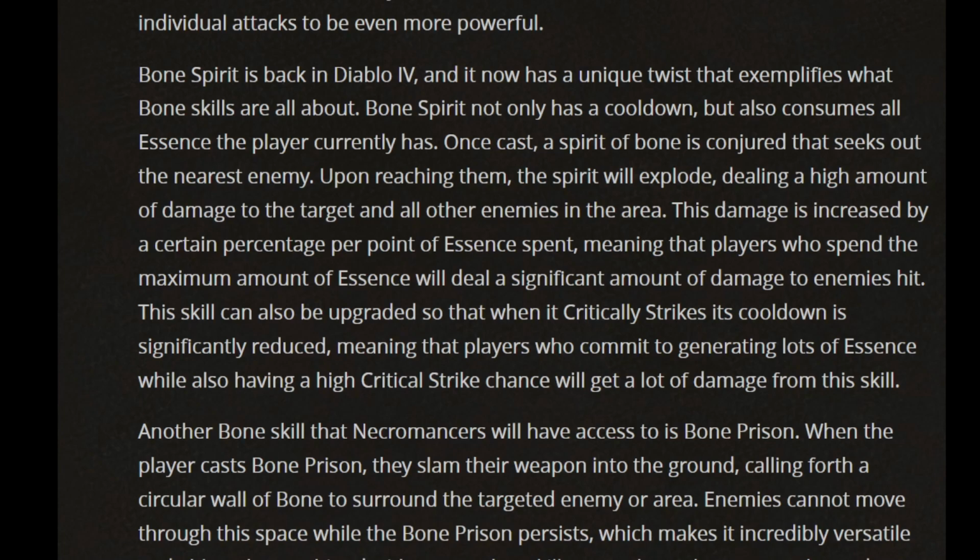The skill can also be upgraded so that when it critically strikes, its cooldown is significantly reduced, meaning that players who commit to generating lots of essence while also having a high critical strike chance will get a lot of damage from this skill. And so it seems like they are really leaning into that critical strike theme for all the Bone skills here. Now, some players might not like this because it might feel like to them that the